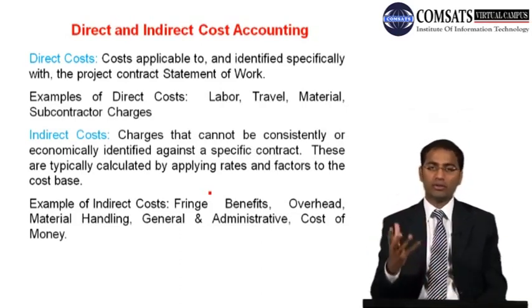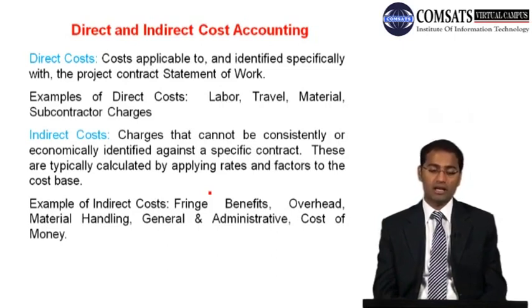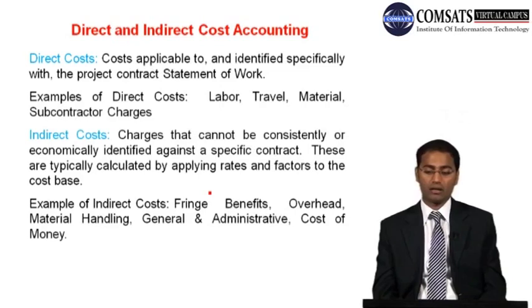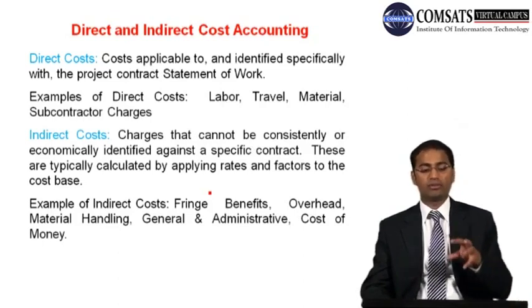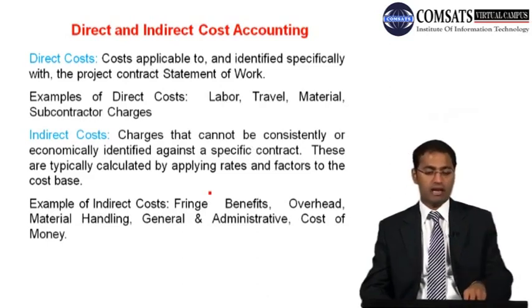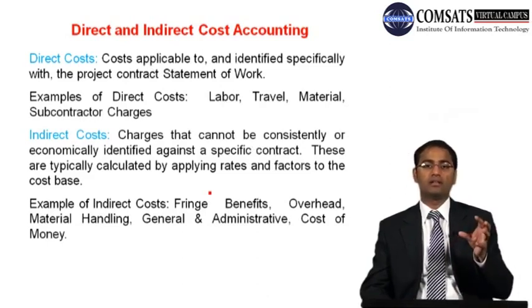Indirect cost is charges that cannot be consistently or economically identified against a specific contract. These are calculated typically by applying rates and factors to the cost base. Examples of indirect cost: fringe benefits of the employees of the organization, overhead, material handling, general and administrative expenses, and then cost of money. So these are a few examples of indirect cost, whereas the direct cost is one which